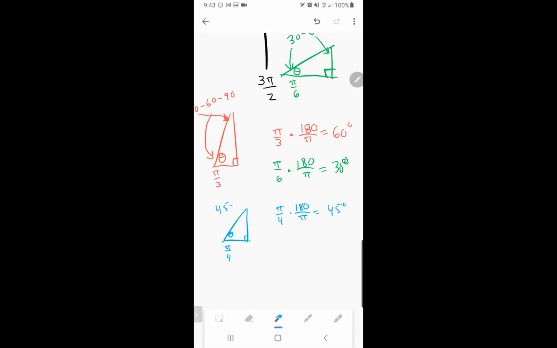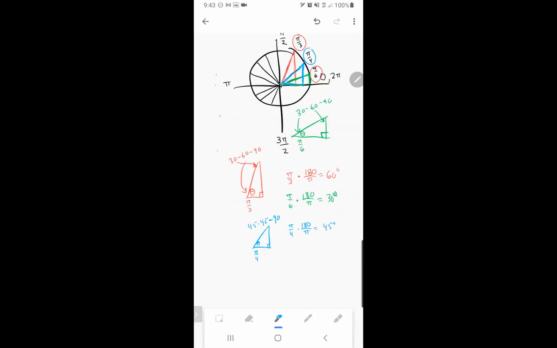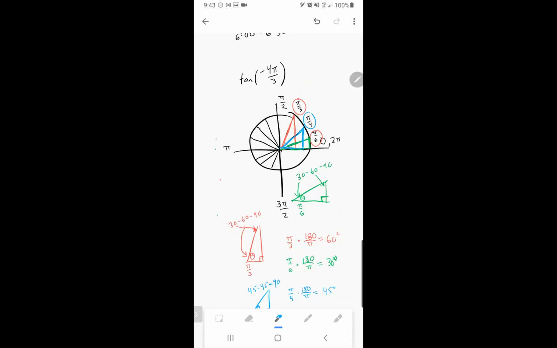So this is your 45, 45, 90. So every quadrant has 2 30, 60, 90s and one 45, 45, 90. So when you're thinking about the tangent of negative 4 pi over 3,